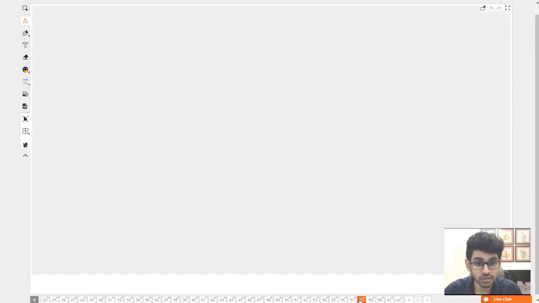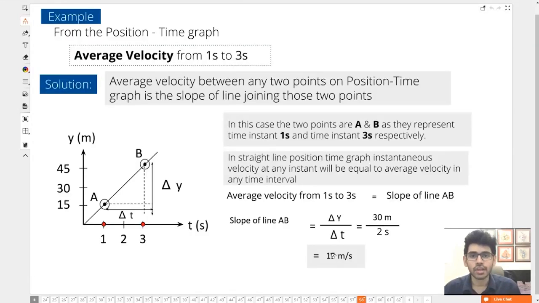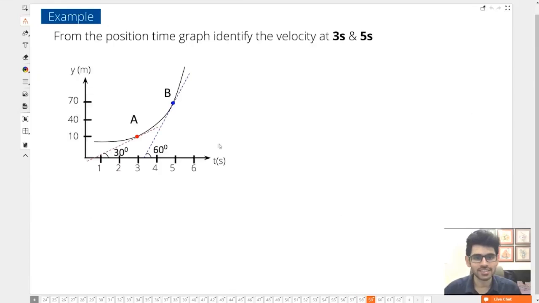This is a formal solution. Okay, everybody, now do this yourself. Position time graph. Now, I want to know the instantaneous velocity, velocity at 3 and 5. So, this is t is equal to 3. At this point, this is the displacement time graph or the position time graph. So, if you draw a tangent, what is the slope? What is the slope at this point?